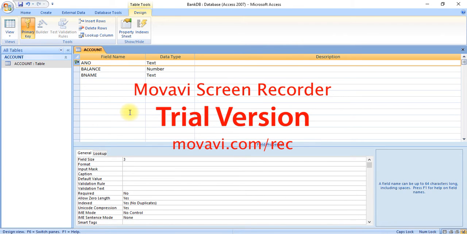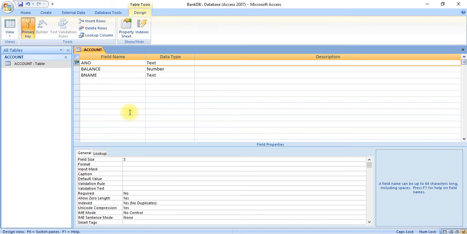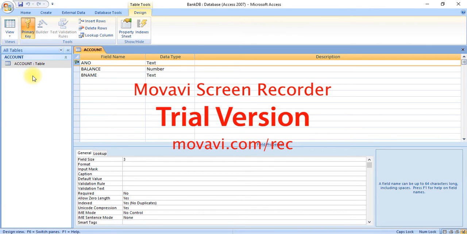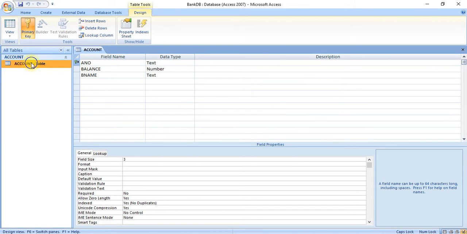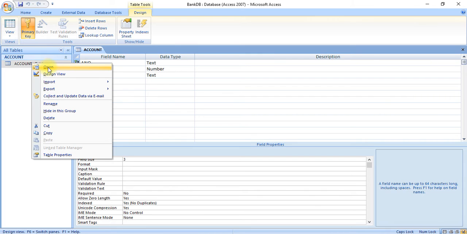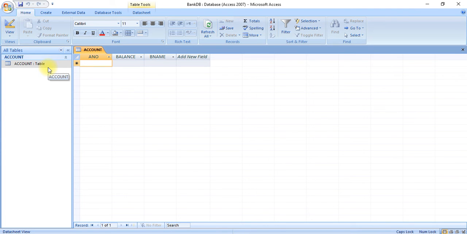Again we made some changes, so save the changes by pressing Ctrl S. Now our next step is to insert some records in this account table. To insert records, simply right click on this account table and open the table.